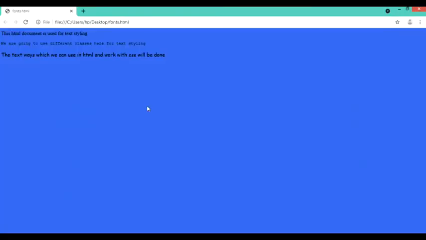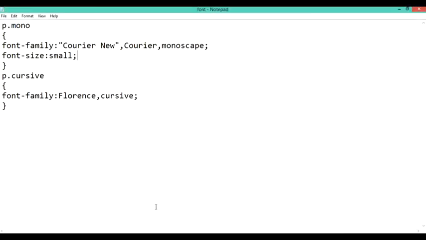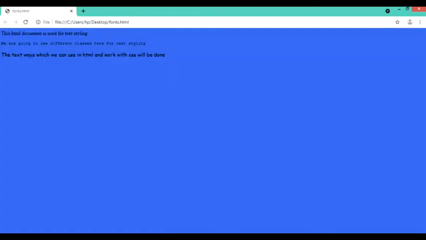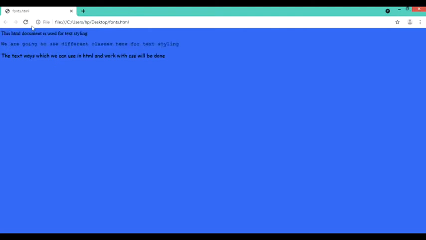After that, we can also change the font size to any other form. Say I want to give the font size as medium. Whenever I change that font size to medium, it will change to a medium format, meaning bigger than the smaller one. Then the font size can be changed to larger also. We can change it to XL, extra large also, according to whatever we want to give into that font size.